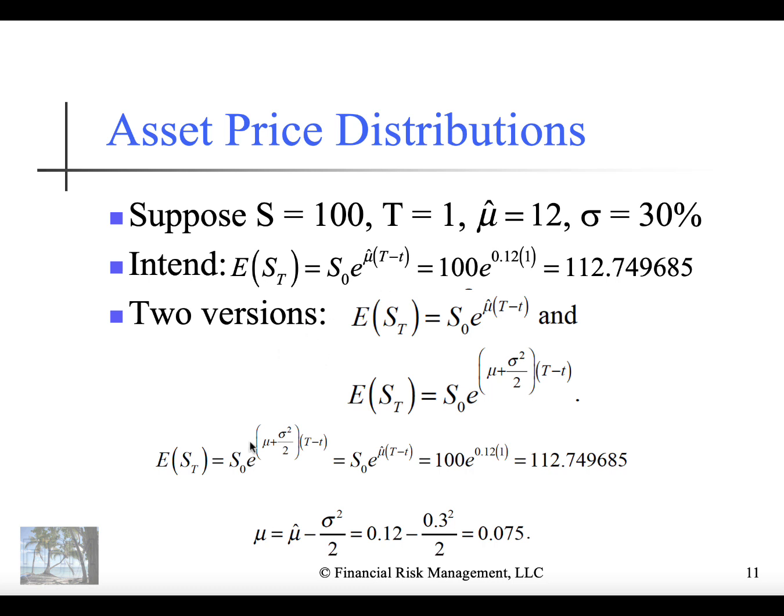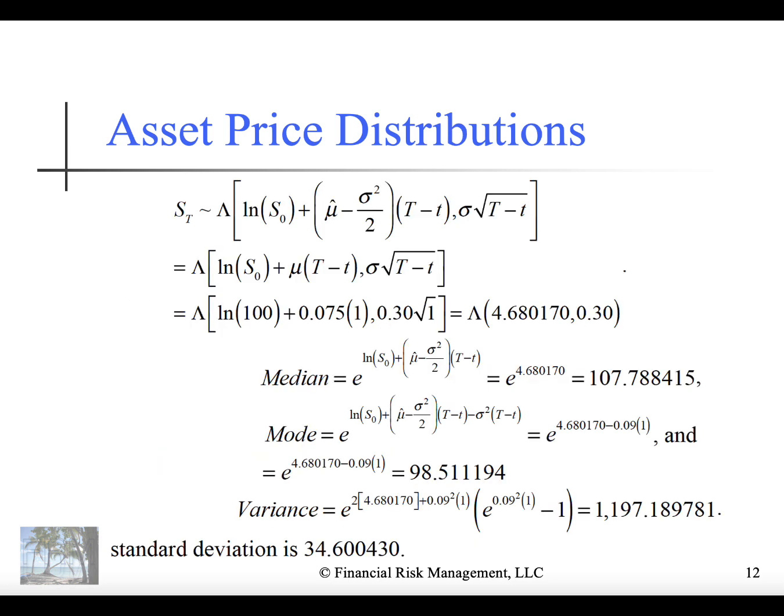Notice there are 2 different versions for the mean, and this does cause quite a bit of confusion. And so the mean adjusted for this standard deviation is simply going to be 7.5%. And so you have to be very careful when people are referencing the mean. Are they referring to the mean of the normal distribution implied by rates of return, or are they referring to the mean of the log normal distribution? And so we can estimate some different parameters. I would encourage you to spend some time here making sure you understand these calculations, but I don't want to work through it